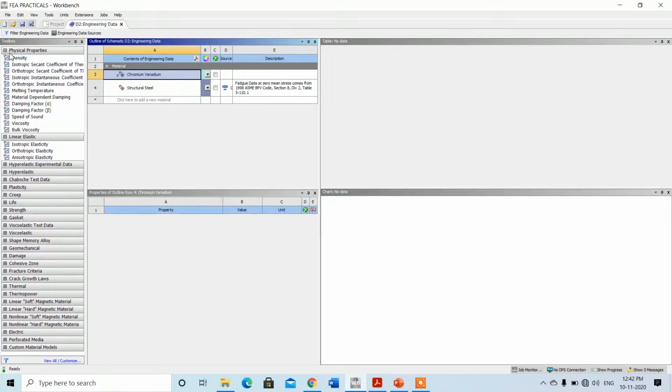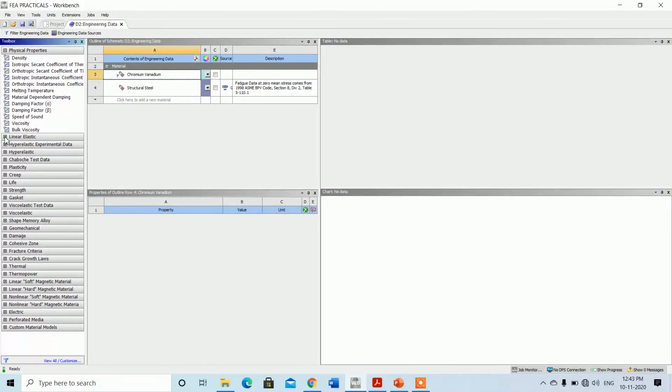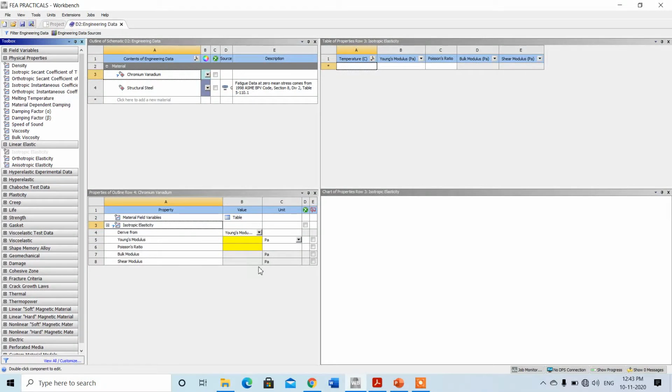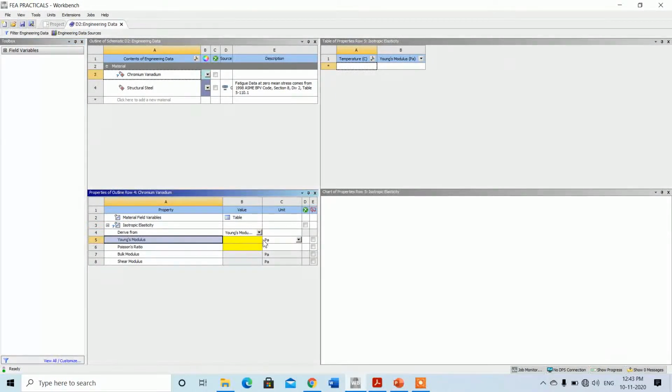You can check the properties on the left hand side. The physical properties are density and isotropic secant coefficient; we require isotropic elasticity. Click on linear elastic, go to isotropic elasticity, and double click on it, and the properties will come here. Click on Young's modulus; I want to give the value for chromium vanadium in megapascal.